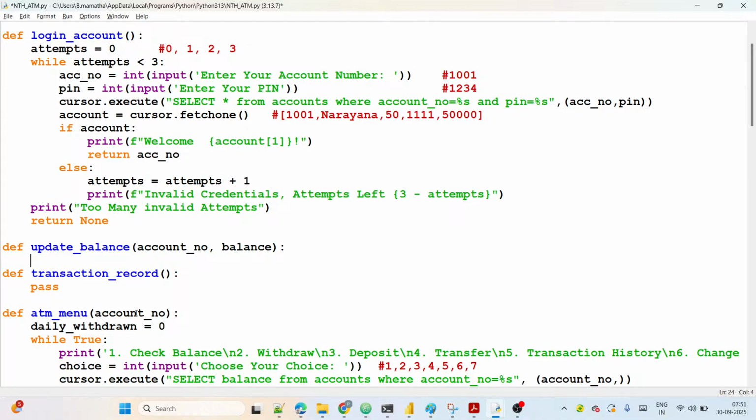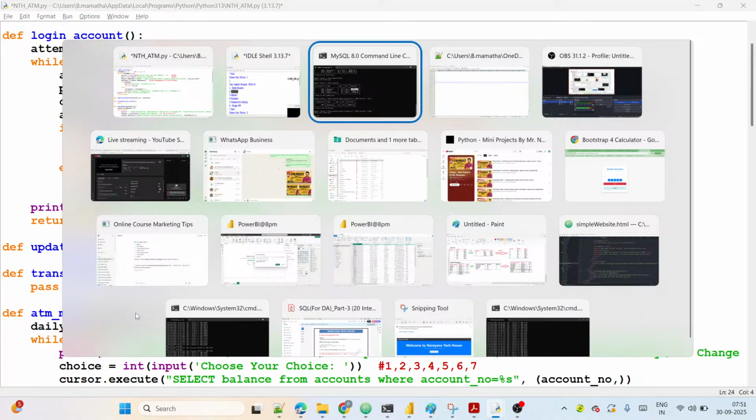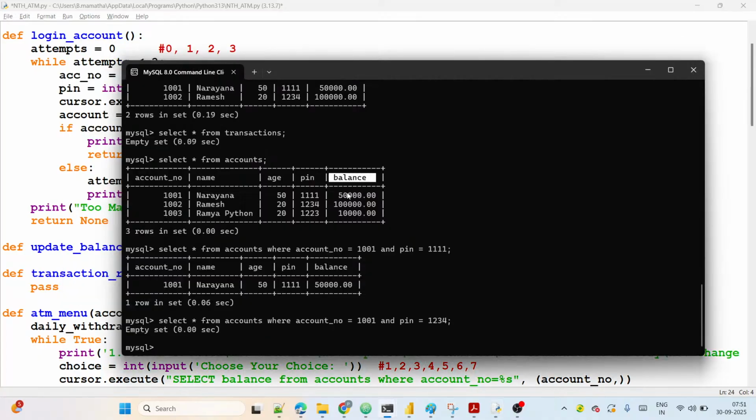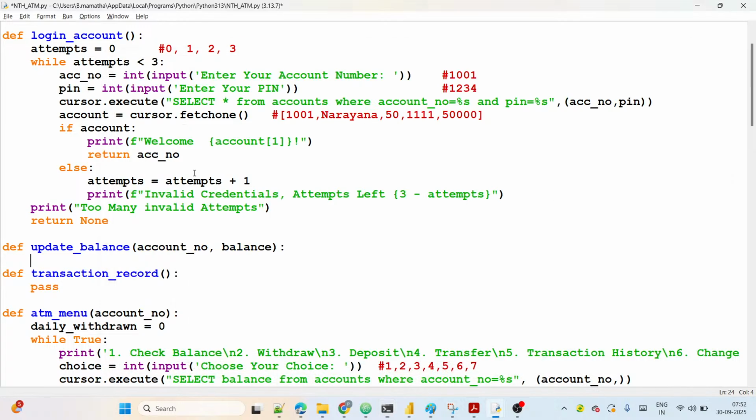Now, let's observe. To update the balance, see in the table this column. I want to update the value for this account number, right? In this column, multiple values are there. 50,000 is there, 1 lakh is there, 10,000 is there. Which one now as per the account number? So what is the better one here? I'll take cursor.execute of update. Table name is accounts, set balance